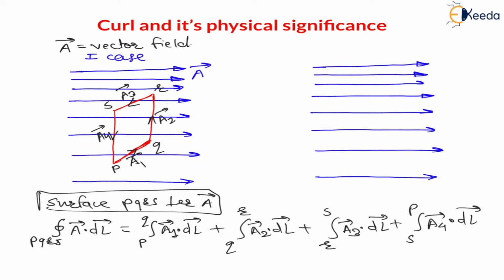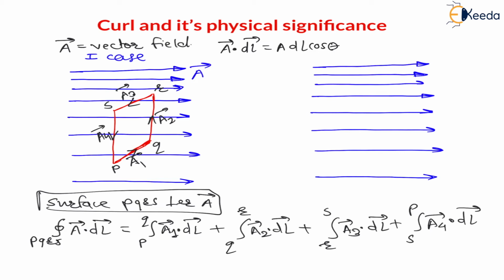Now my dear students, here we know that the dot product can be calculated as, see, dot product vector A dot dl, let us say here line integral, that's why dl is nothing but written as A dl cos of theta, where theta is nothing but angle between vector A and line vector dl, right? Now here in this case, the PQ is perpendicular to vector A, right? See my dear students, direction of vector A is always in positive x-axis.